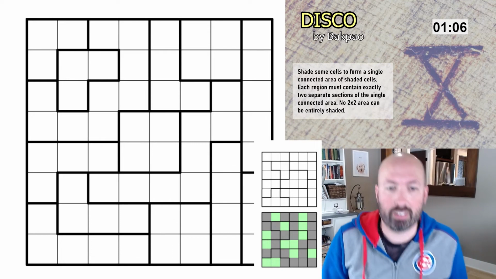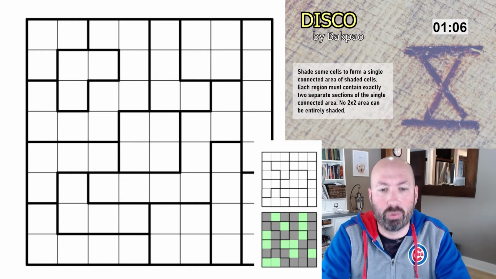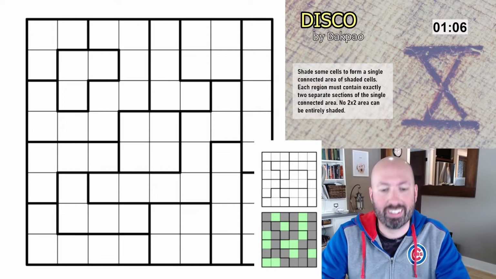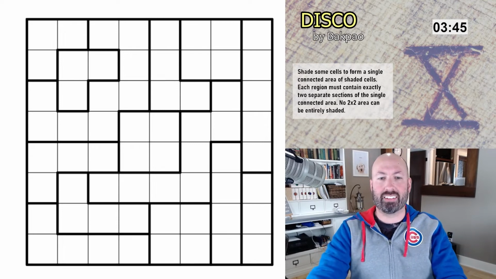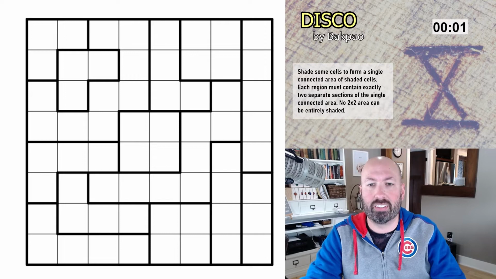I'm not sure how to start this one. Oh, and then of course we have our old friend, the no 2x2 rule. So no 2x2 area can be entirely shaded. And I think I'm getting better about remembering that rule, but I guess we'll see. As soon as I say that, I'll probably forget. But okay, I'm going to get rid of the example here, and I guess we'll see how this goes. I'm not sure how to even...